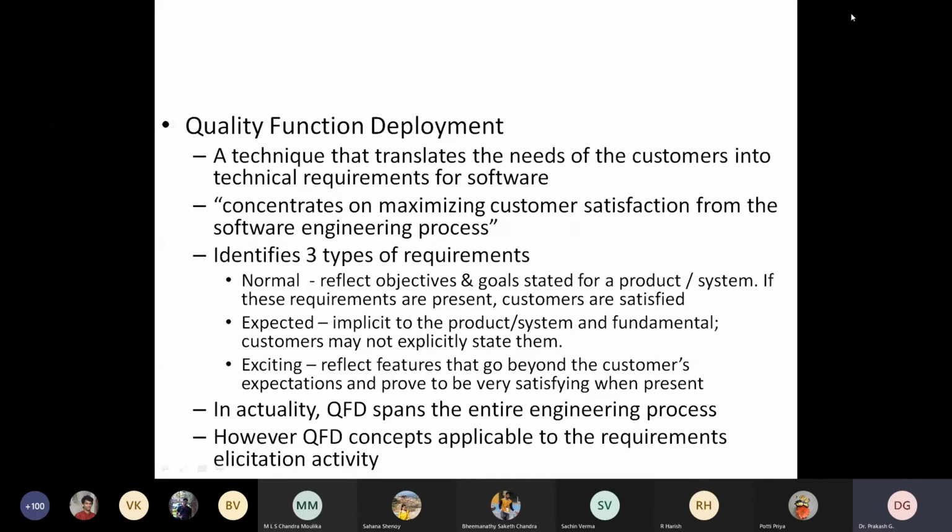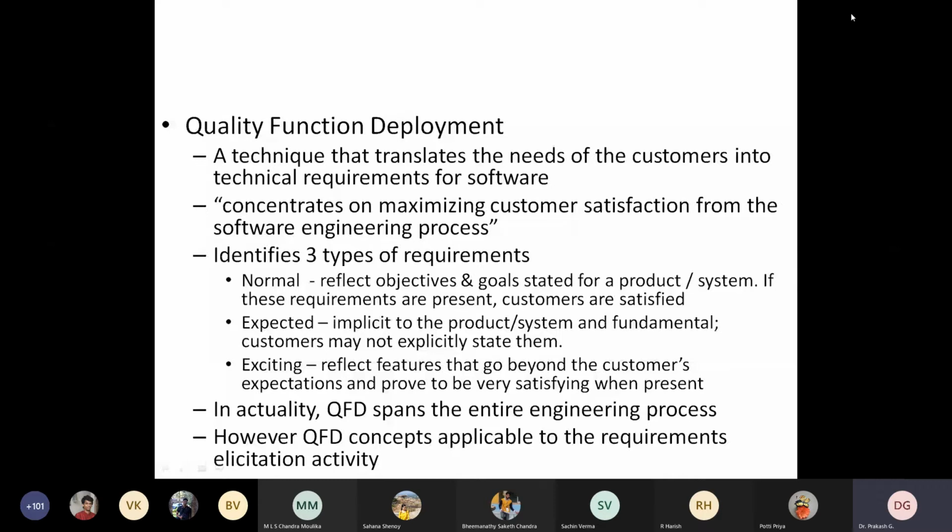So Honeywell is a leading company, but kindly consider Honeywell is not only a software company basically. It is actually an automation industry providing software applications for any kind of manufacturing products, control system products. So this is a kind of integrated discipline also. This is what we have to consider as the exciting requirements. Okay, so generally speaking, these three types of requirements can be achieved by means of QFD.